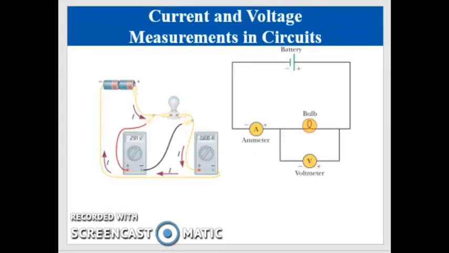The figures on the left side is the real circuit, and on the right side is the circuit diagram. The circuit consists of a battery and a light bulb. The battery pumps charge through the bulb and around the loop. Charge will flow from the positive terminal of battery through the bulb and back to the negative terminal of a